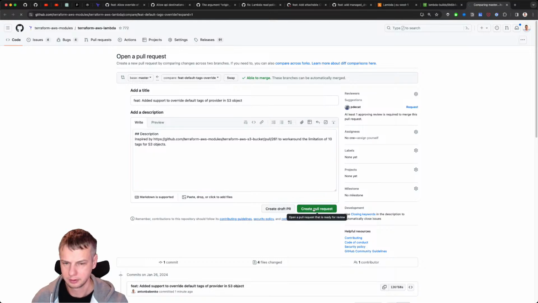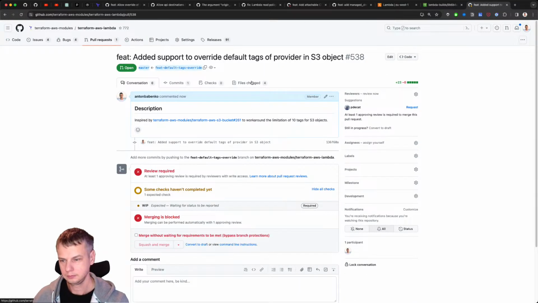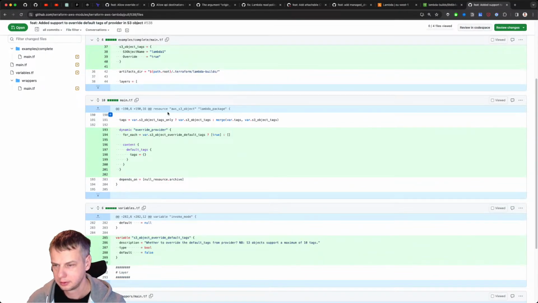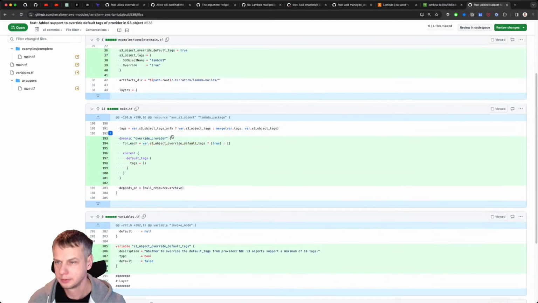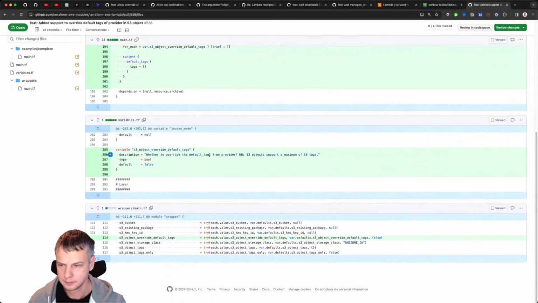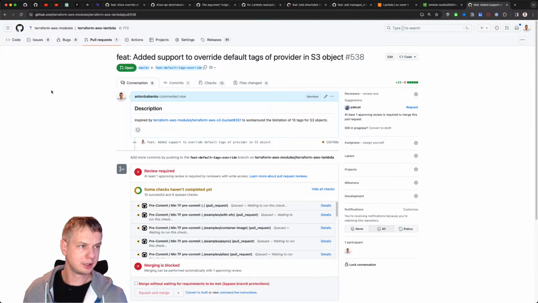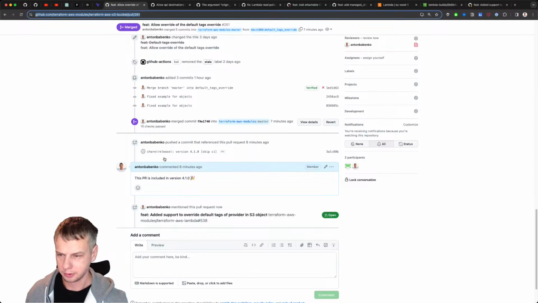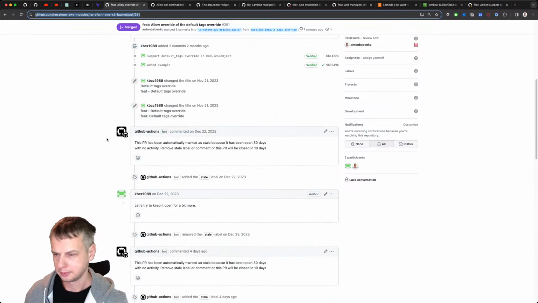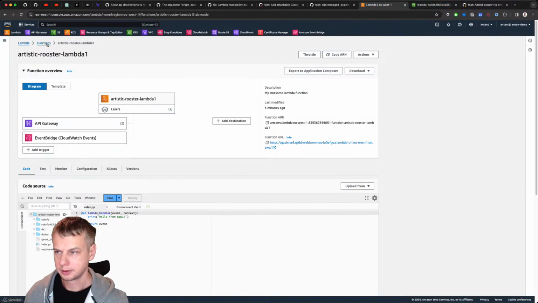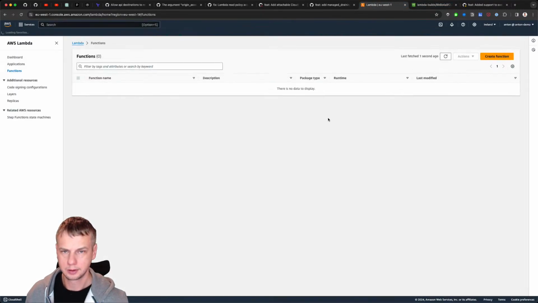So now if we open this, let's review here. Looks good. Variable name. Yeah, no, not the worst one. Good. So now if it will be green, then I can merge it right away. And this one I have already merged. And yeah, that's it. And this thing, yeah, this was removed.